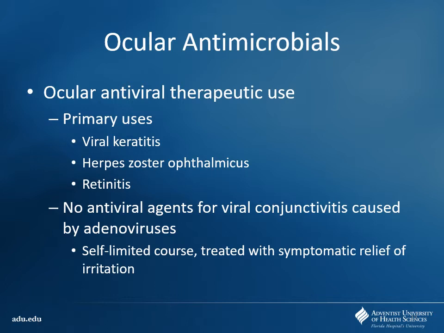Now, typically you're going to find that with a lot of these patients, especially the immunocompromised ones, you need more systemic therapy, because it may start out in the eye, but chances are it's probably elsewhere as well, and you want to be able to treat that effectively. But for the most part, if it's just a typical run-of-the-mill viral conjunctivitis, you don't really need to do much with it. Maybe some eye drops, maybe something to help soothe the eye, but beyond that, nothing specific as far